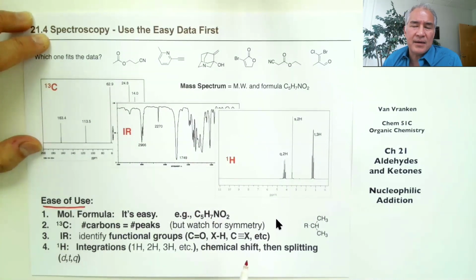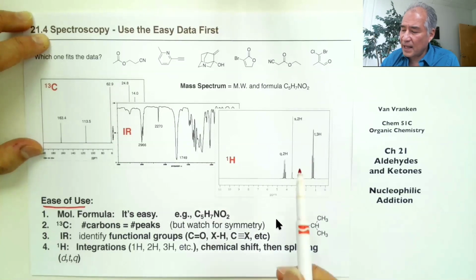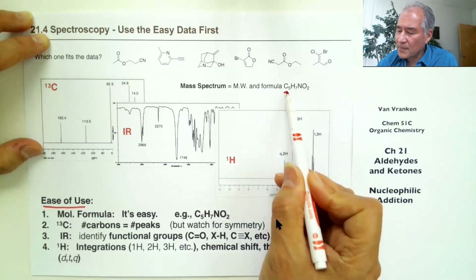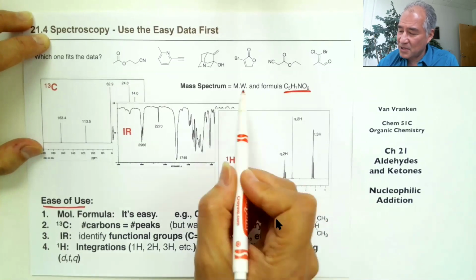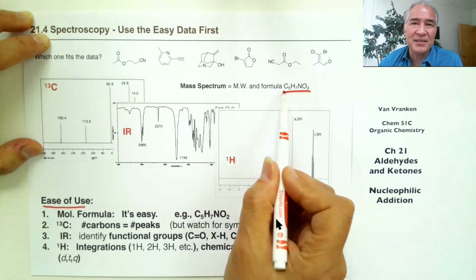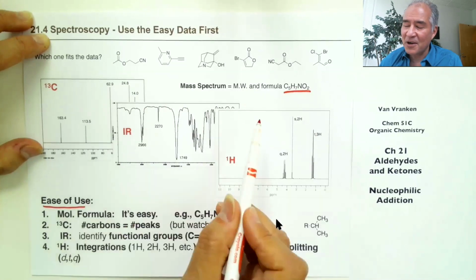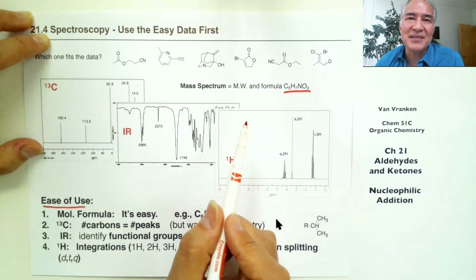We don't talk in this class about mass spectrometry. Mass spectrometry is powerful for giving you molecular formulae. So if I give you a molecular formula, use it. That's the easiest piece of information for you to use. Anybody can use the molecular formula to rule out compounds. If I tell you there's a compound that has a molecular formula C5H7NO2, before you look at any of the spectra,